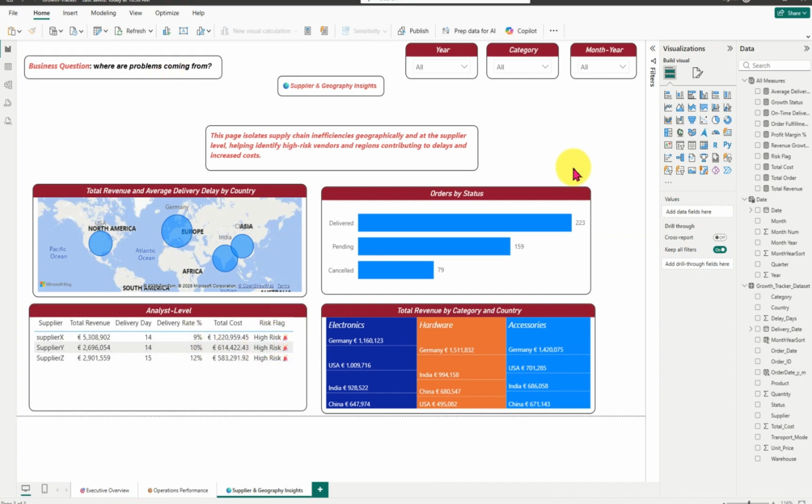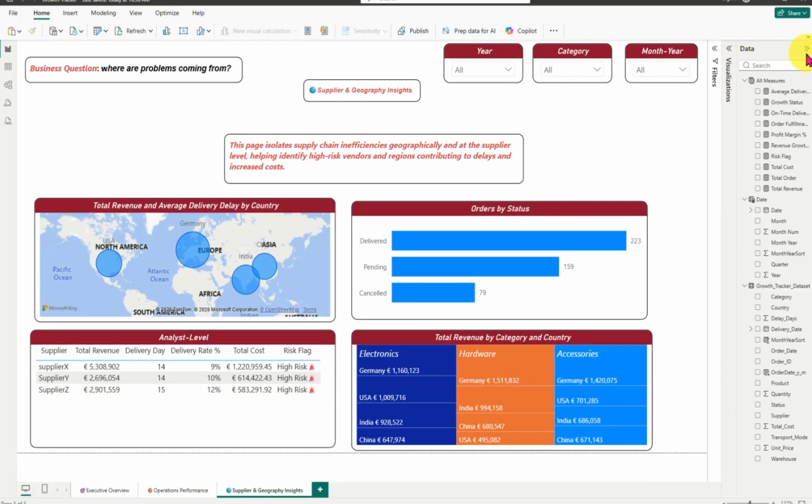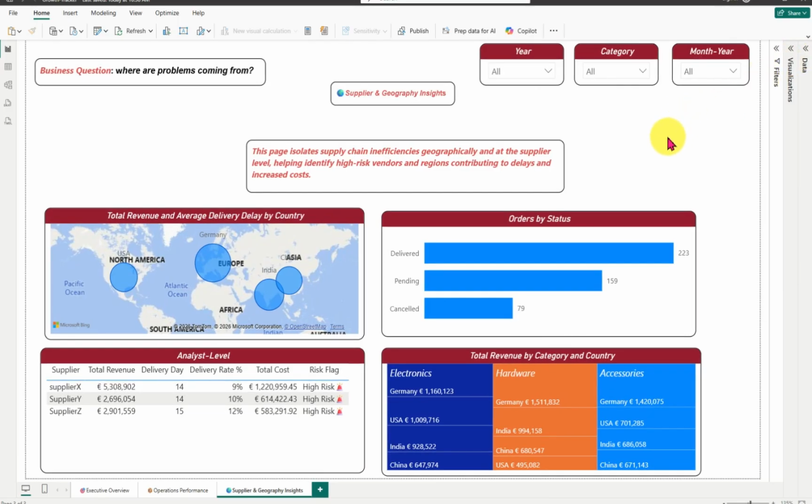You understand? Helping identify high-risk vendors and regions contributing to delay and increased cost. Wow. Regions contributing to delay and increased cost. We are able to tell them what they need to attend to. Once again, we have come to the end of this battery, supplier, and geography insights. Then the next one is going